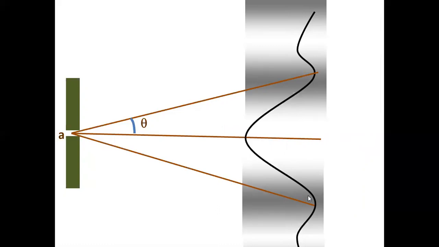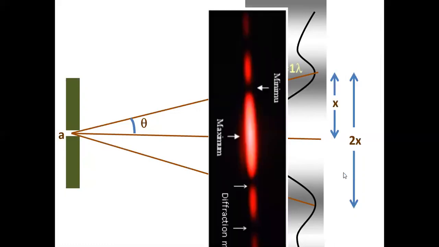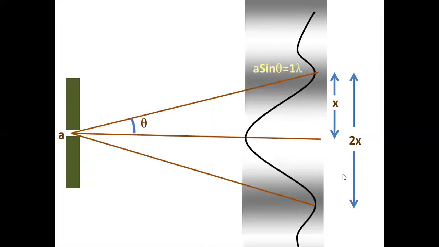If you want to find out the area of your place in your house, you have to go to the compound of your neighbor. Till that you have your house, right? Till that you have your space. Similarly, you go for the first dark fringe here, measure the distance, that is the width of the central maximum, 2x. And you have to apply the condition a sin theta is equal to 1 lambda. That is the width of the central maximum.